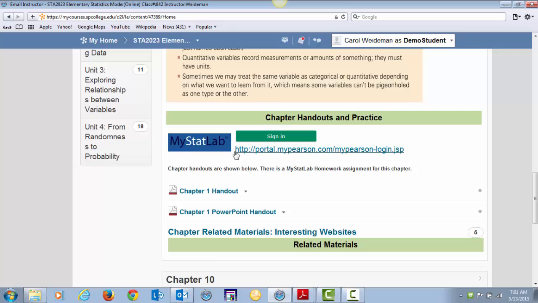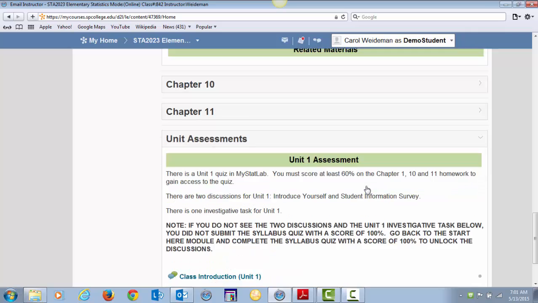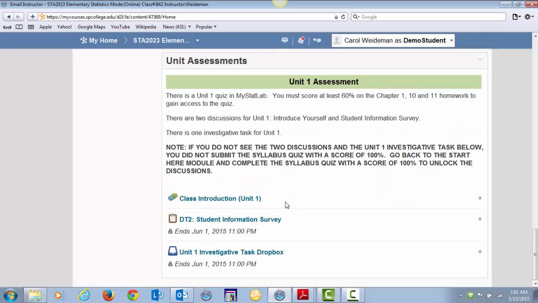So you want to make sure, here's the link for the homework. Actually, you're not going to use this link. You're going to use the link from the front page, which I'm going to show you in a minute. Unit 1 has a quiz, homework, one quiz in MyStatLab, and then there are 2